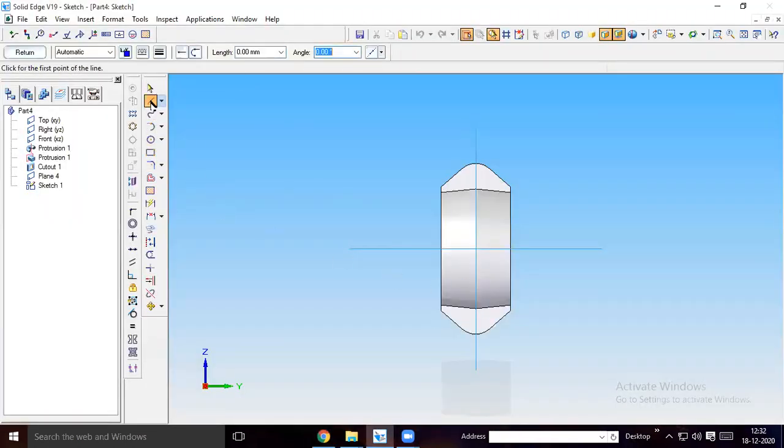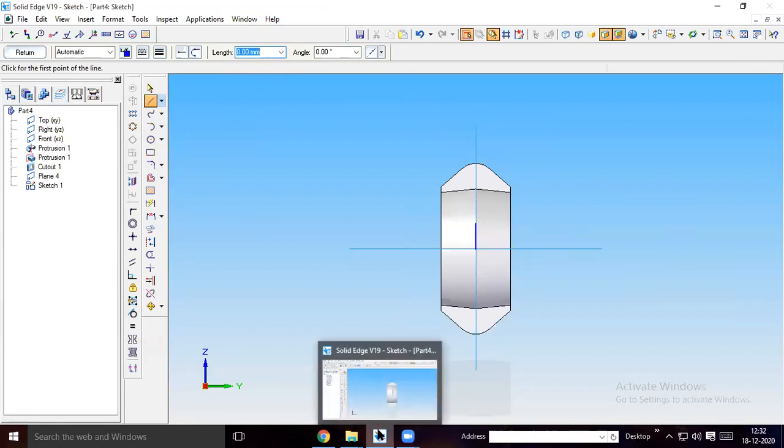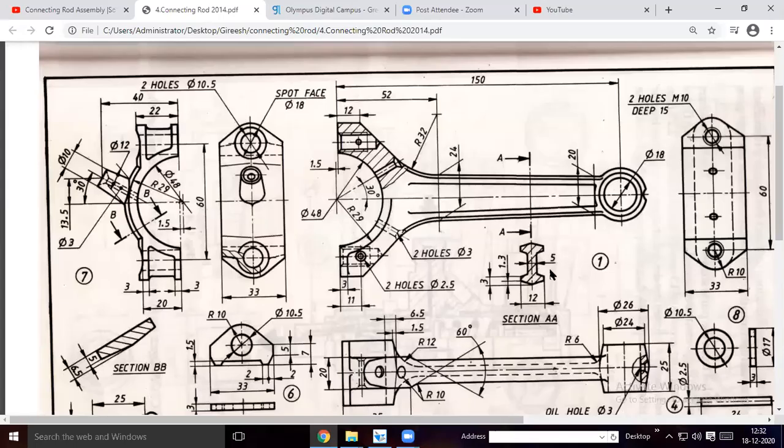Select the line, select from this point 12 mm at 90. So then here you see, I drew this line 12 mm, then this line will be 5 mm. These two lines are 5 mm apart.